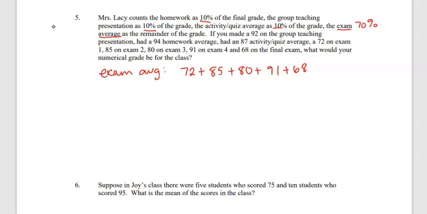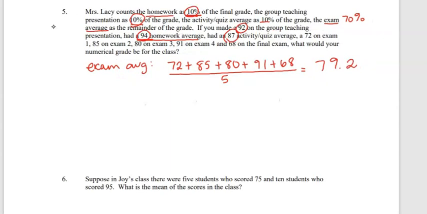So we need an exam average. We have 1, 2, 3, 4, 5 exams. So we're going to add those 5 exams and divide by 5. And so you can use a calculator if necessary. You need to total up the top, add 72, 85, 80, 91, and 68. Then we'll divide that by 5 exam grades, which gives me an exam average of 79.2. Okay, so now we're going to bring in